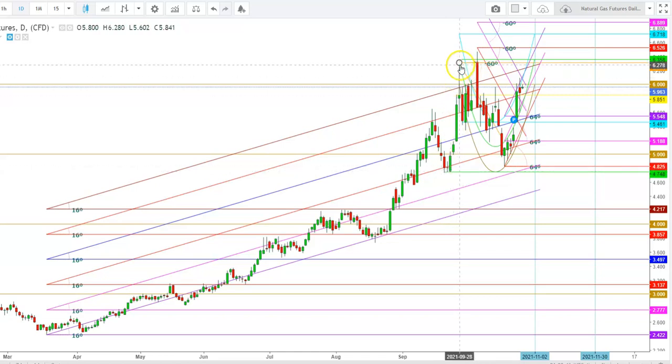tested a peak at the 6.314 on September 28th. But here a sharp sell-off was there, which resulted in formation of this exhaustive candle, which kept the natural gas futures under some pressure on September 29th. So here you can see that how the natural gas futures continued to sustain well above the lowest 5.461 from September 29th and finally tested a high at the lowest